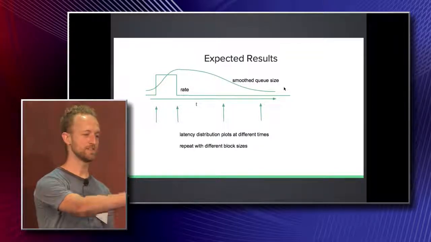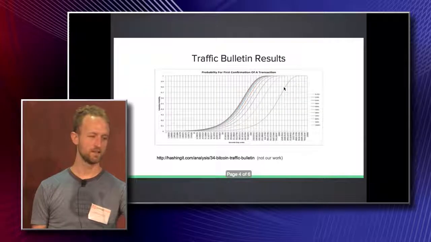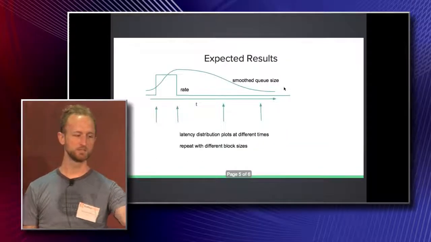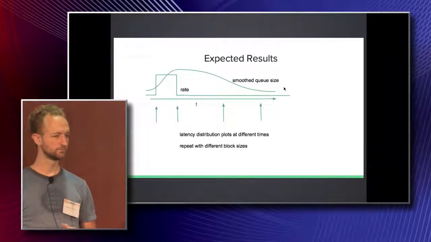And we would be interested to, at each of these arrows, create another distribution plot like the one from the original model and see what's different. And I think one thing to note on that is that in the original simulation, you fixed a block size and fixed the transaction rate. Because we're actually varying the transaction rate, we can model spikes that are, say, tens or thousands of times the normal Bitcoin network transaction rate, and then see the network's response to that, as opposed to just being able to fix a constant rate that's above 100% of the network capacity, because then you just have an infinitely growing queue. So we're able to see those network responses in our simulation.